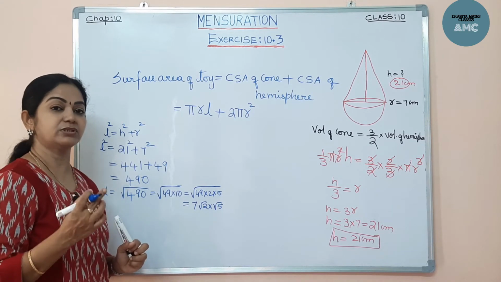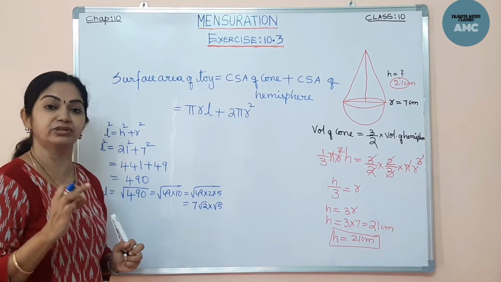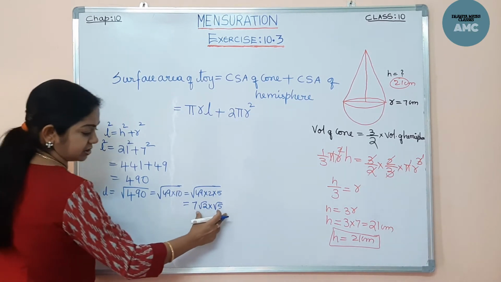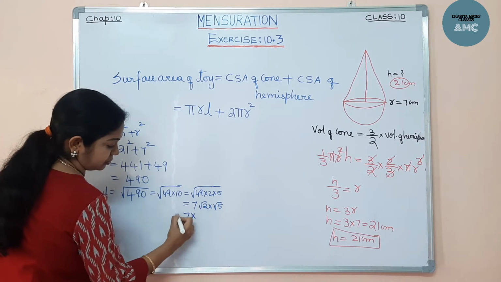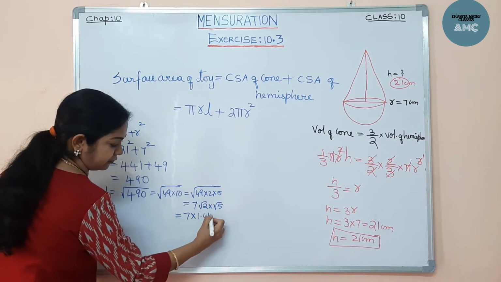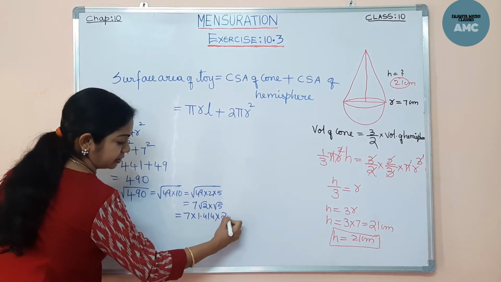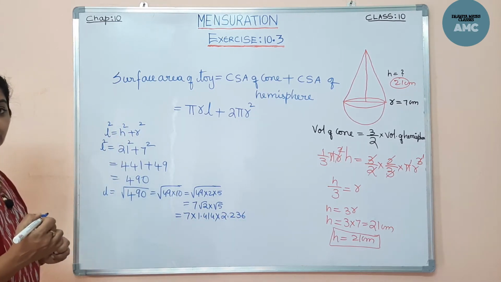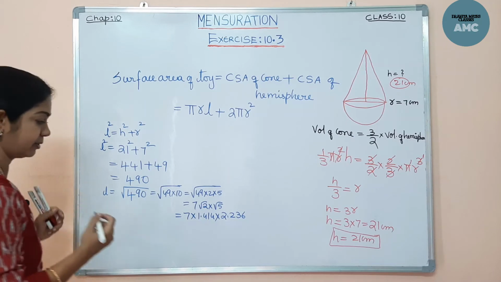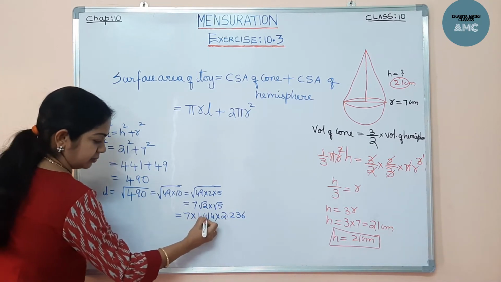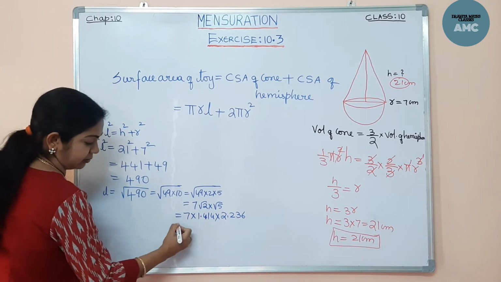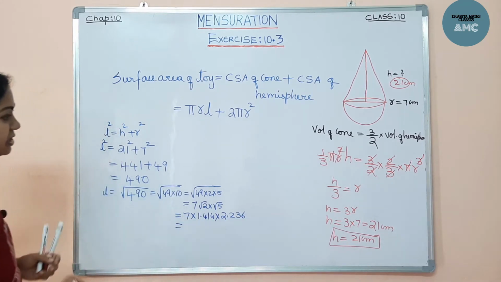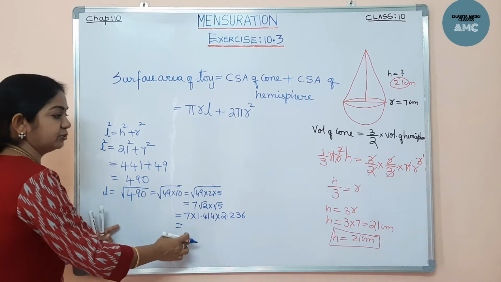See here, students, remember the values of root 2, root 3 and root 5. These are the standard values which we will be getting in our calculations. Now here 7 into root 2 is 1.414 and root 5 is 2.236. Whereas root 3 value is 1.732. All these three values you have to remember, like how you remember the pi value. Okay. We will do this multiplication, or else you do this multiplication. Till here you note it down.